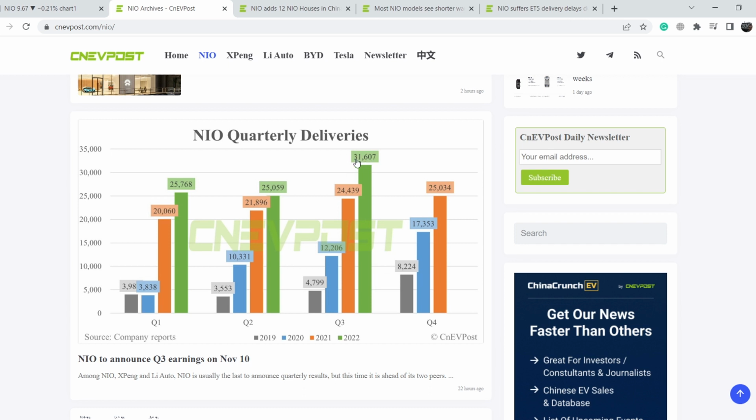As you can see, they have delivered 31,607 vehicles compared to the previous quarter of 25,000 vehicles. Definitely it is a huge improvement, and in my opinion we might see Q4 2022 at much higher ranges. And on top of that, NIO disclosed the date of their Q3 earnings report, and they will publish it